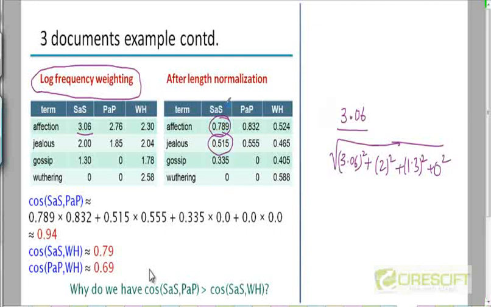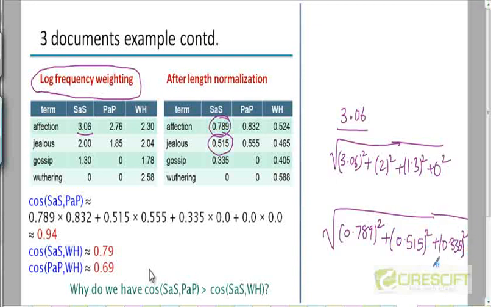Now you can actually verify that these are unit length vectors. We are doing the same thing for this vector as well as for this vector. We are normalizing all 3 vectors. You can verify that the sum of the squares of 0.789, 0.515, 0.335 plus 0 squared, the magnitude of this vector is something you can verify is going to be 1. So we have these 3 vectors in